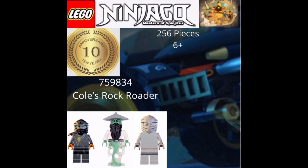hopefully they make a Legacy Scales, because it's not far-fetched, as they did make a Legacy Pythor, and it would really be nice to get an update of Scales and all the other Serpentine generals. Most likely they won't, but hopefully at least make them a Legacy Scales, as it did come in the original